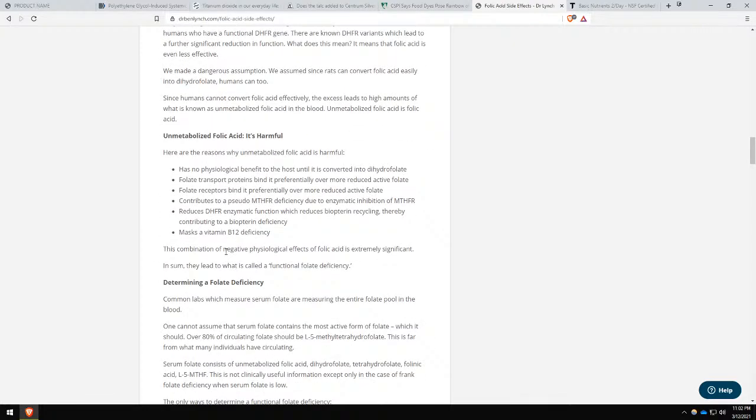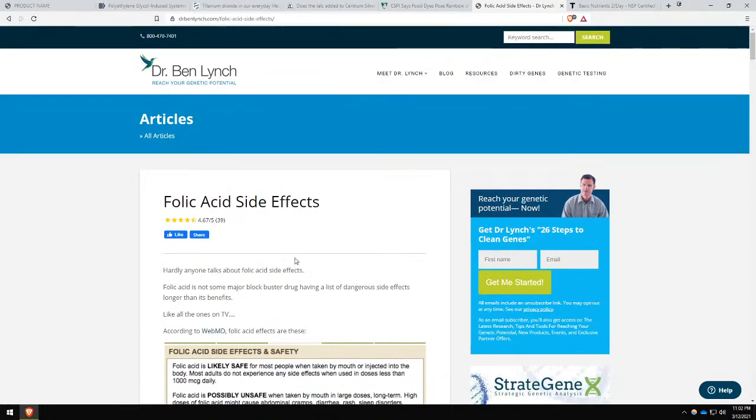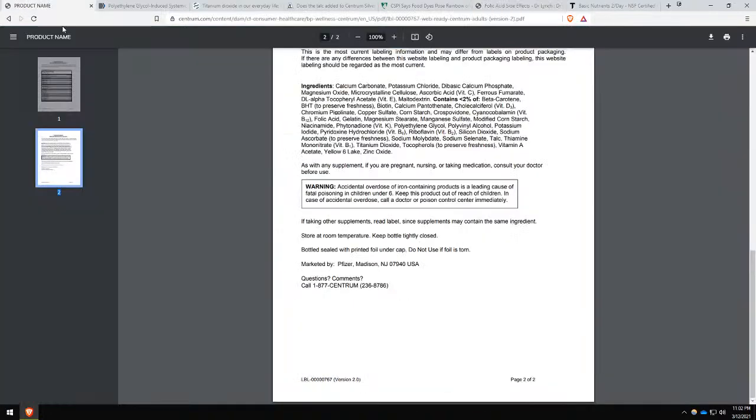So most people who are undermethylators, giving them folic acid will not correct their undermethylation. Instead, you have to give them folate. So then you have